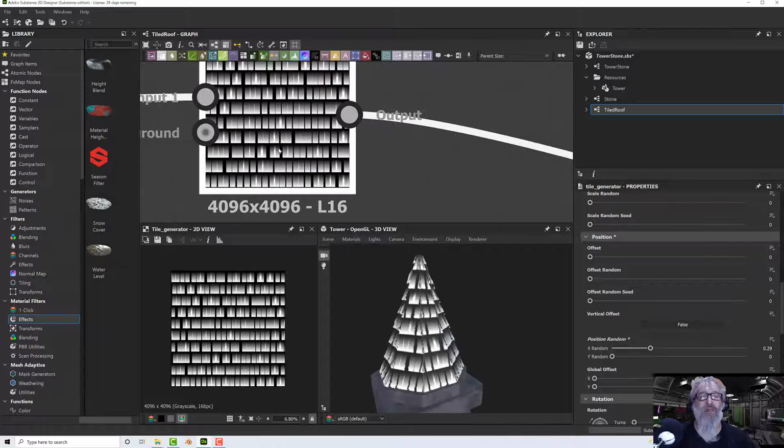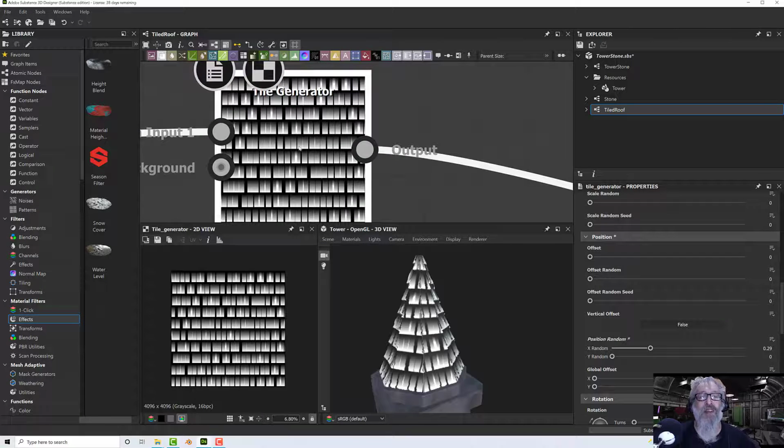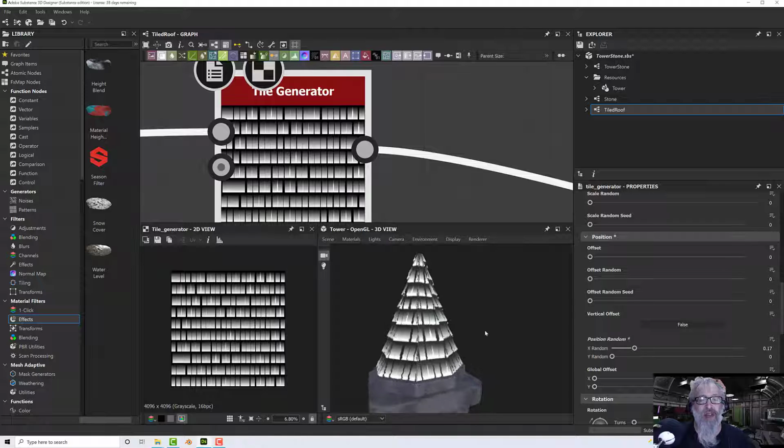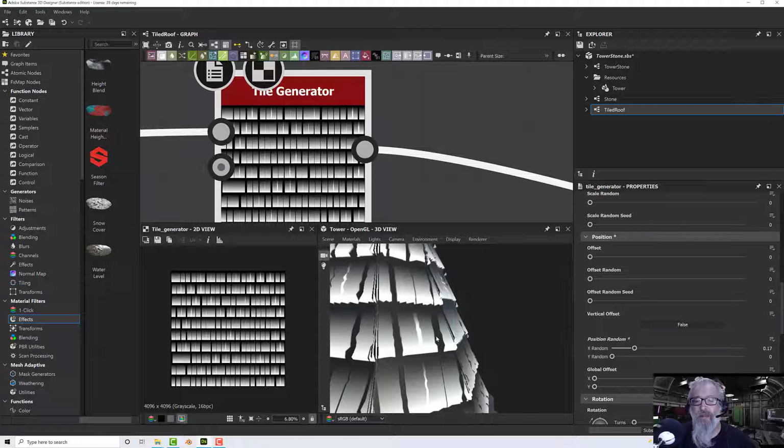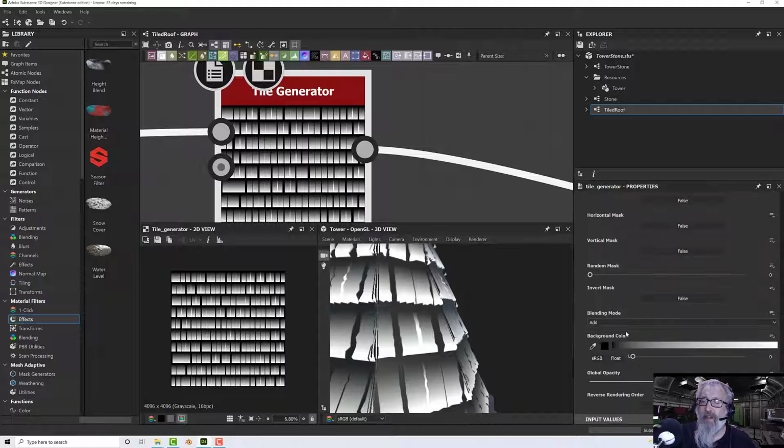There we are. Let's have a random offset, and that will do the job. That will split it up and make them all sorts of different sizes, but perhaps not that much. Yeah, I want it to be rough, but I don't want it to be so rough that it's crazy. I'm also getting a bit of doubling up where they're crossing over each other, and I'm rather hoping that if